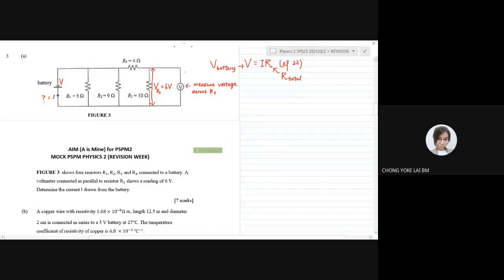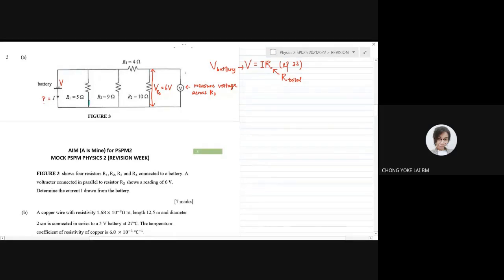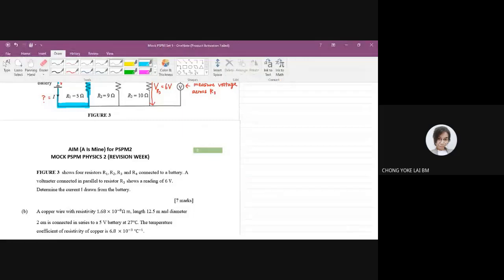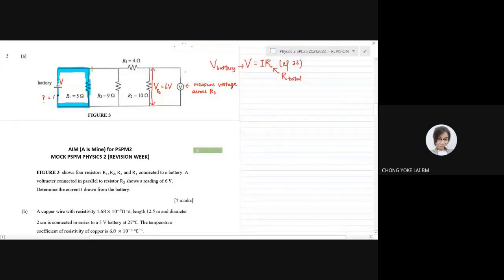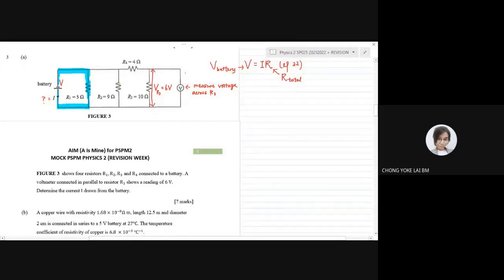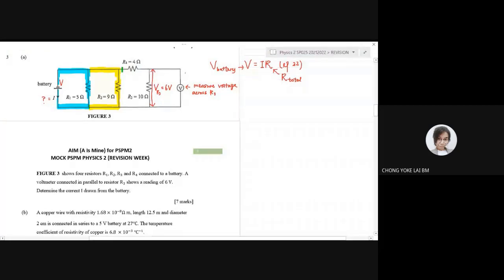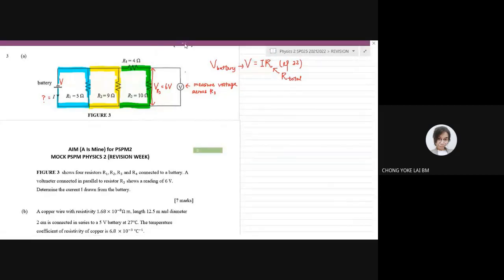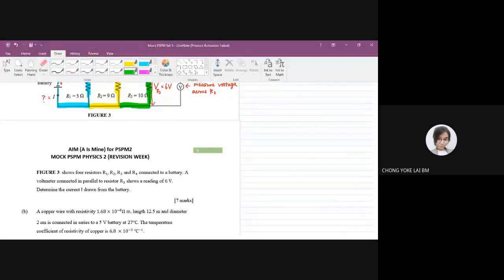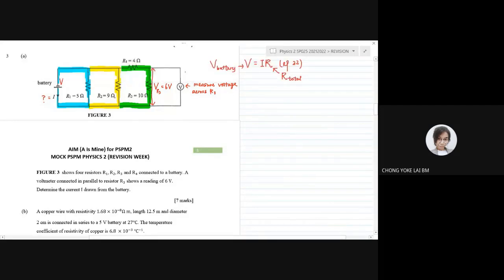So macam mana nak dapatkan total resistance? Ni adalah satu jalan. Dan this is a junction. Ini adalah satu jalan lagi. Then this is another junction. So ini satu jalan. Okay. So you boleh nampak obviously bila anda colorkan macam ni, you will see obviously R3 and R4 is connect